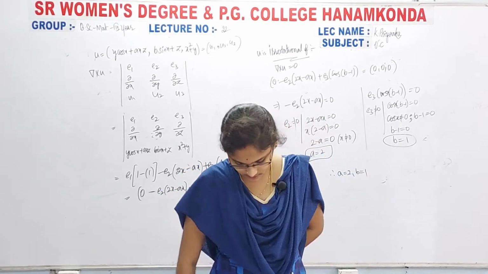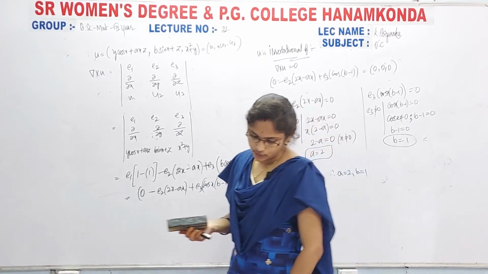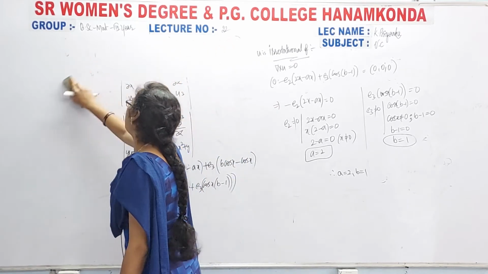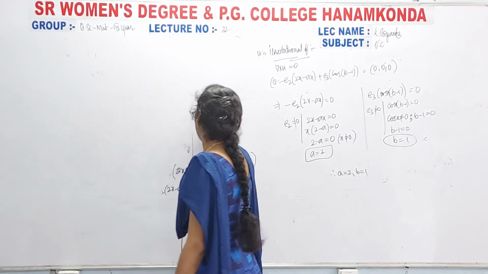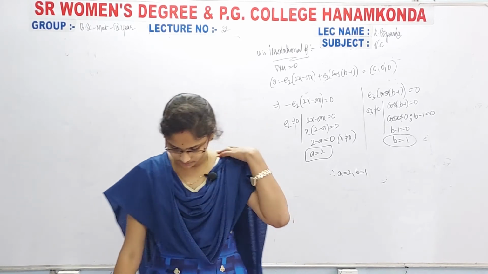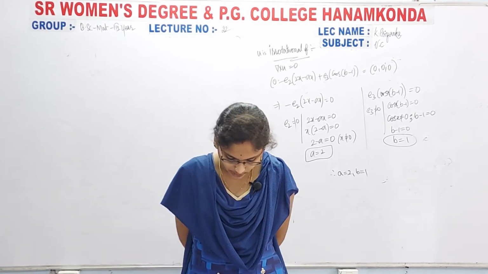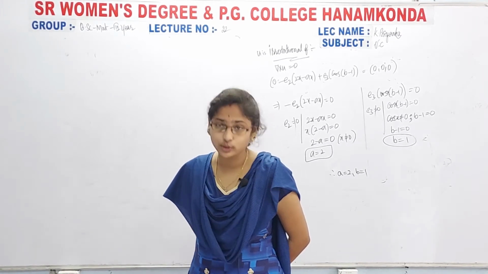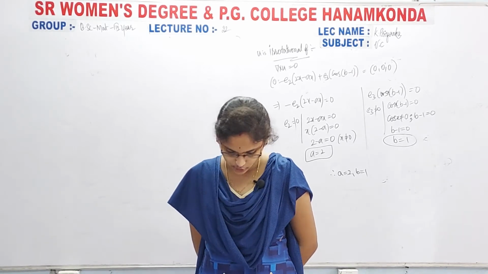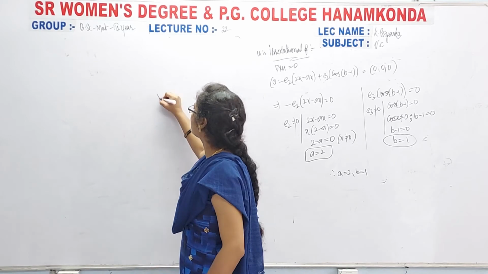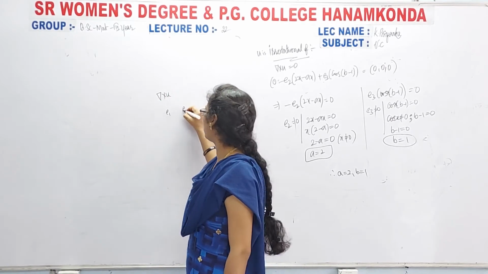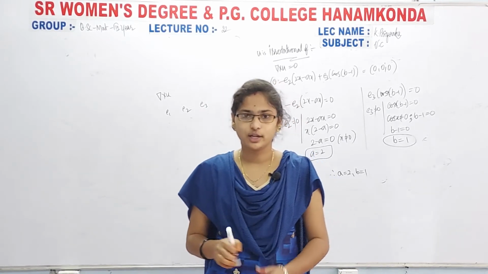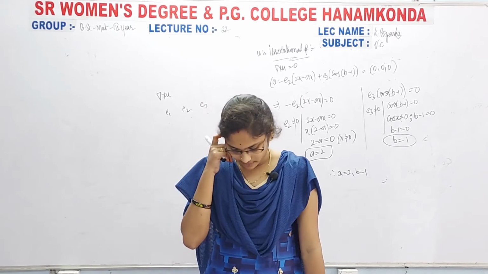Problem 33: show that u is irrotational. They gave the value of u. I will give you the hints. For problem 33, check it once. They are asking to show that u equals (y square z minus z square sin y plus 2xyz, comma 2z cos y plus y square x) is irrotational. That means simply you have to take the curl of u. Same thing: e1, e2, e3, dou by dou x, dou by dou y, dou by dou z, and u1, u2, u3, and finally you have to get that it is equal to 0. Try to solve that one.